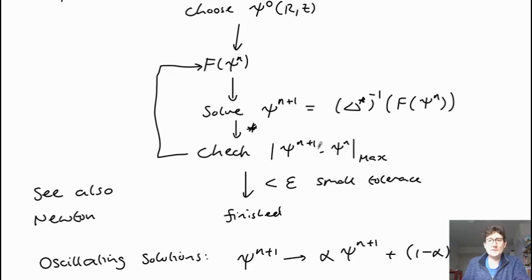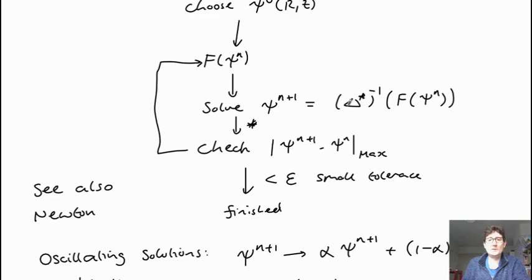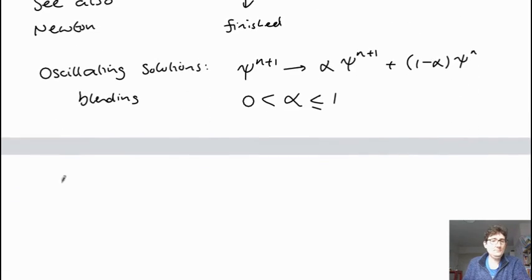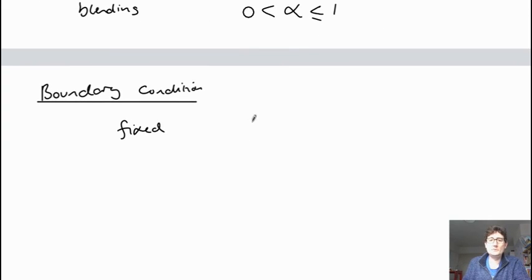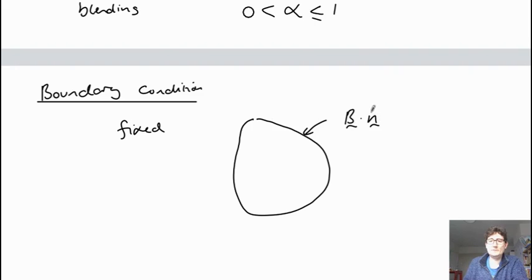This is the basic scheme, but in order to invert this operator, so this is the elliptic operator, we need a boundary condition, and so we have fixed boundaries in this case. So we choose some shape of the plasma. So this is the plasma shape we want for some reason. On this surface, we say that B dot normal vector is 0. So there's no component of B out of here.